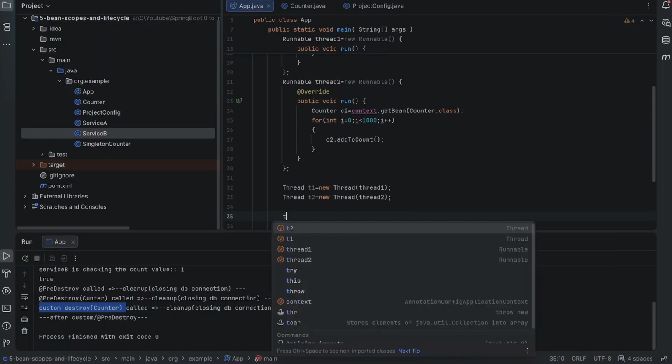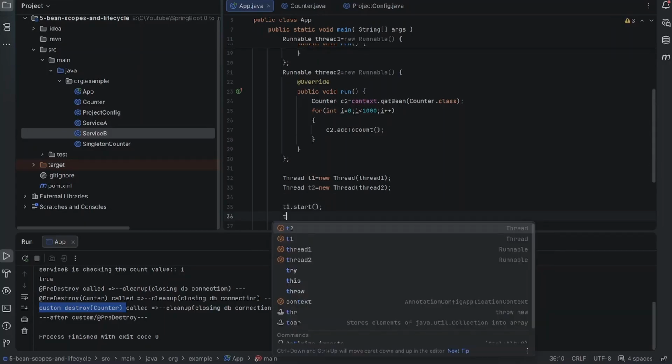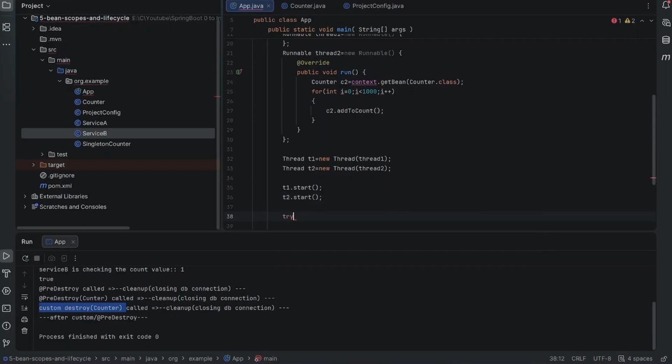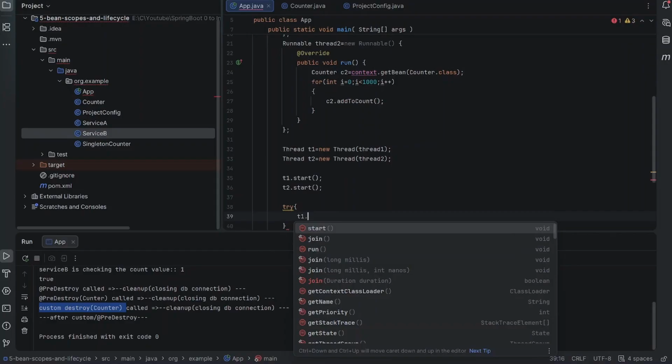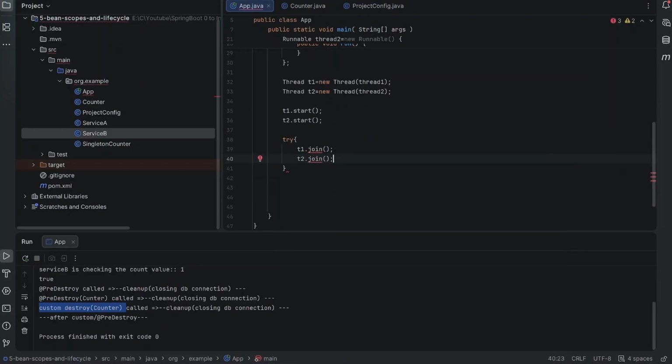And now let's start both threads, t1.start and t2.start, and let's wait for both the threads to end, t1.join and t2.join, and here it will throw the InterruptedException